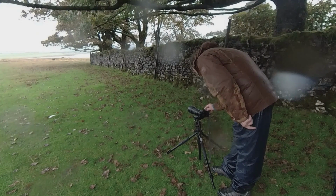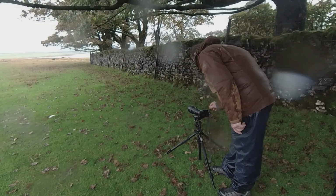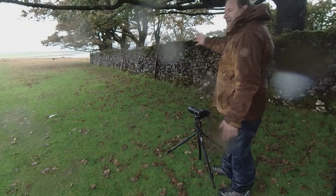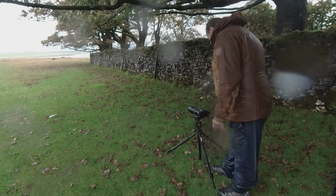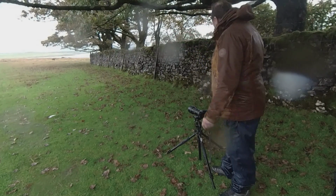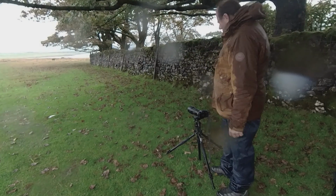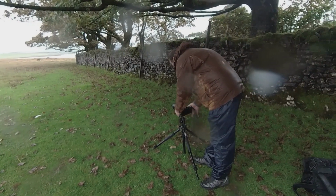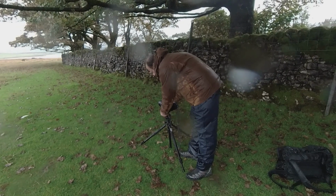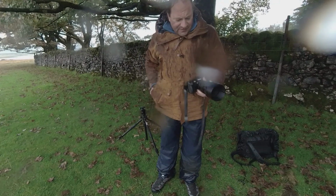I'm underexposed according to the meter a little bit here because, well, we've got a really wide gamut of light here, haven't we? Absolutely almost white further out there and almost dark and black over on the wall. And I'm gassing way too much while I've got a camera getting wet. So I'm going to wipe this off a little bit